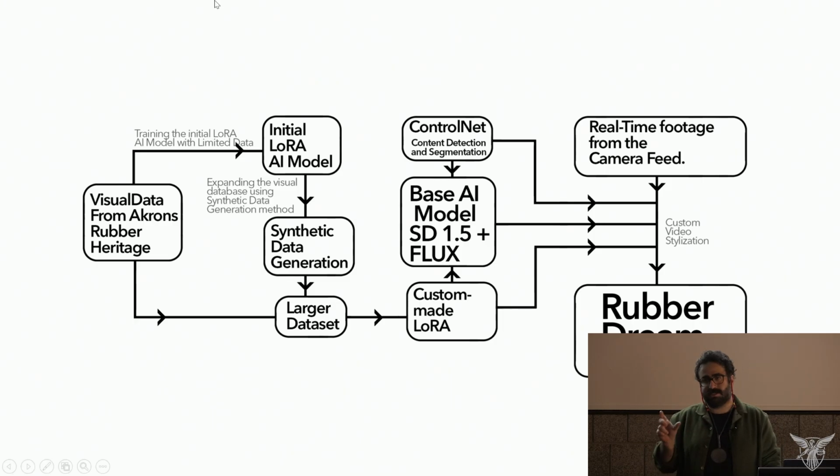So with the smaller data set we had, I generated the small LoRA, using that to train a mediocre LoRA to do a synthetic generation, and then using the synthetic generation, you get a bigger data set, and using that data set, you can really start to train big data. And then using all of those together, you can really start to get a proper LoRA model to then get a proper real-time synchronization and logarithm. So I thought it might be interesting to just mention that.